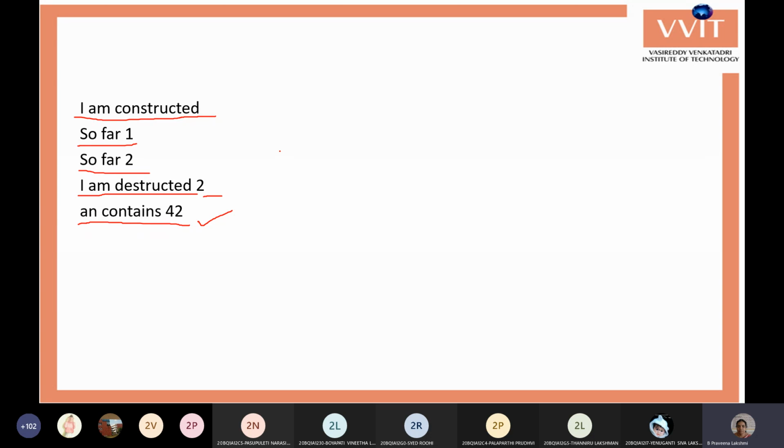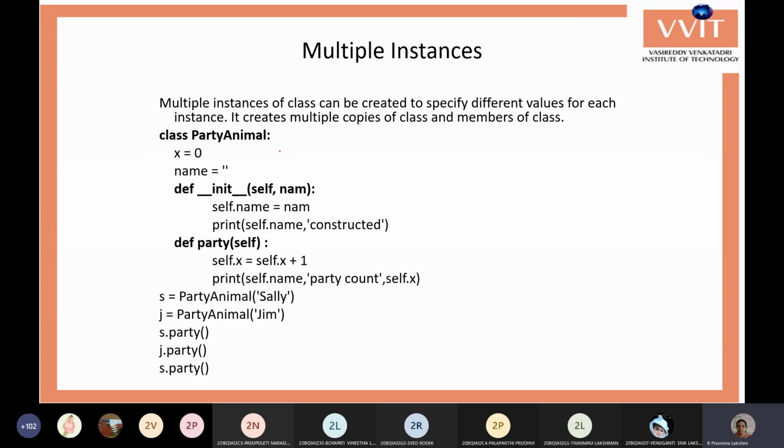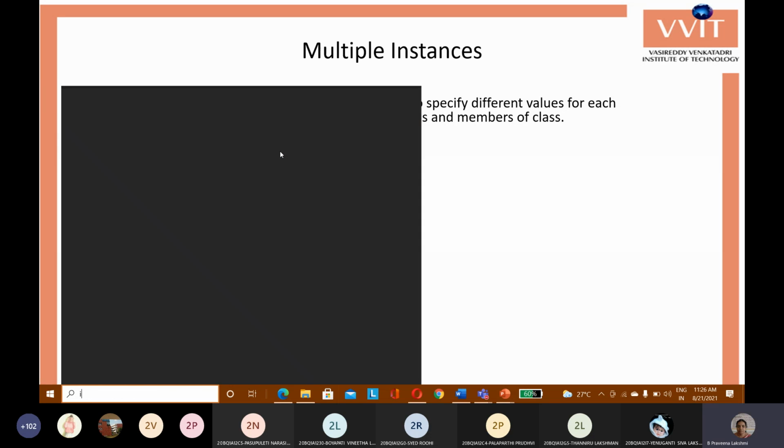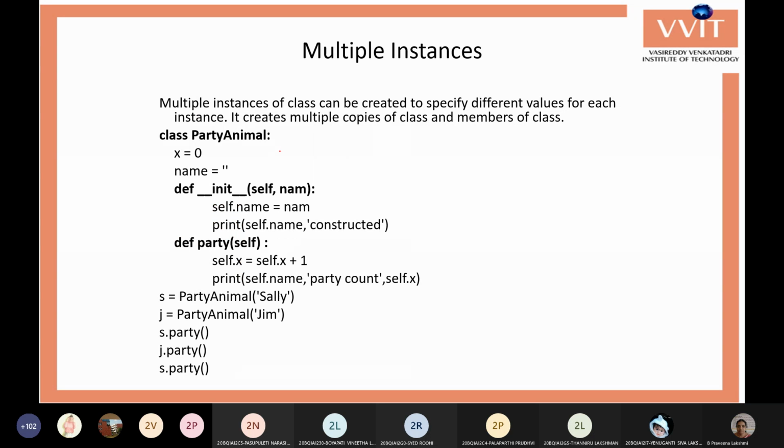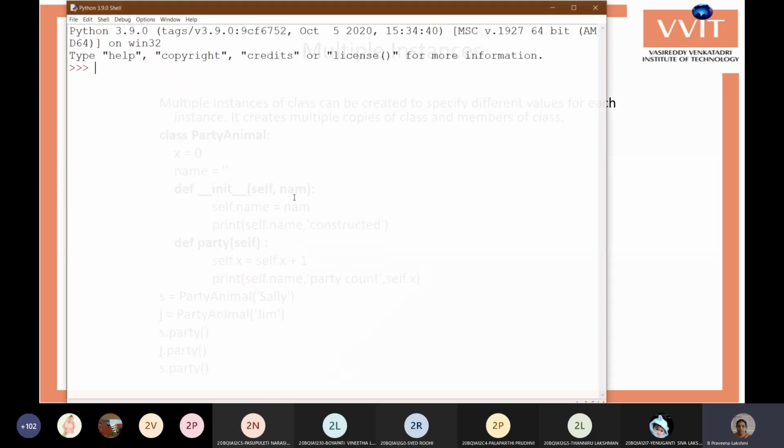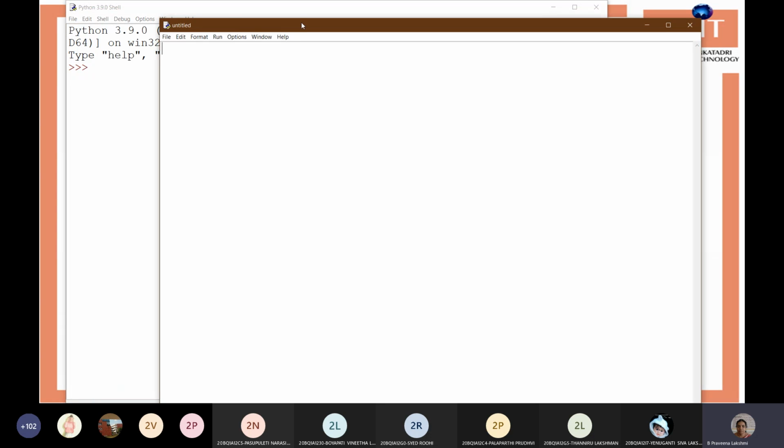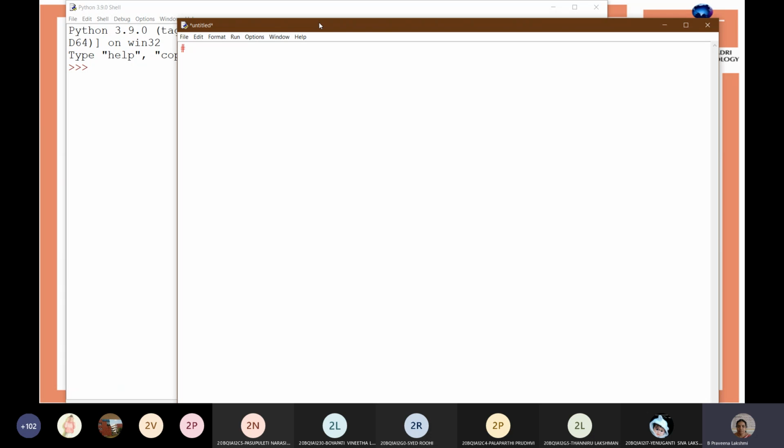We'll see one more example of constructors and destructors. Write a program, an example of constructors and destructors, with code to demonstrate the constructor and destructor.